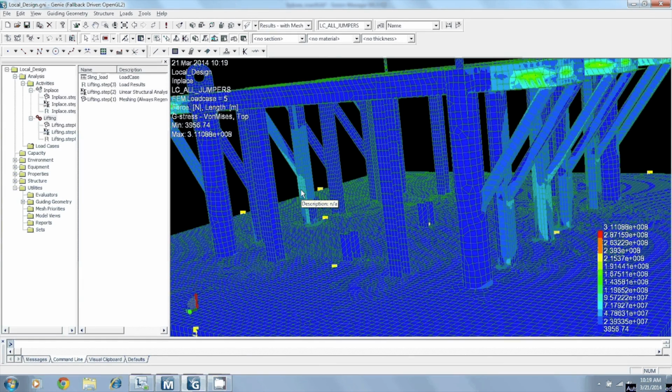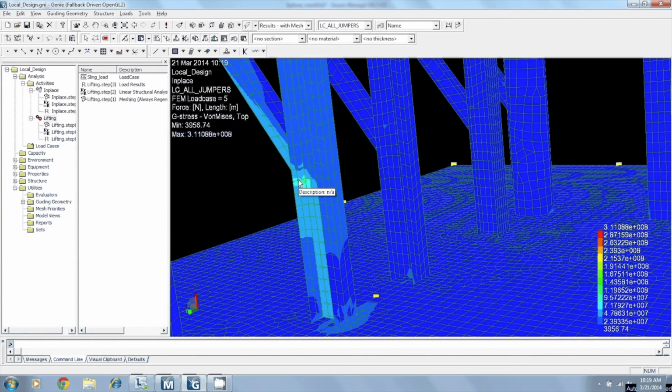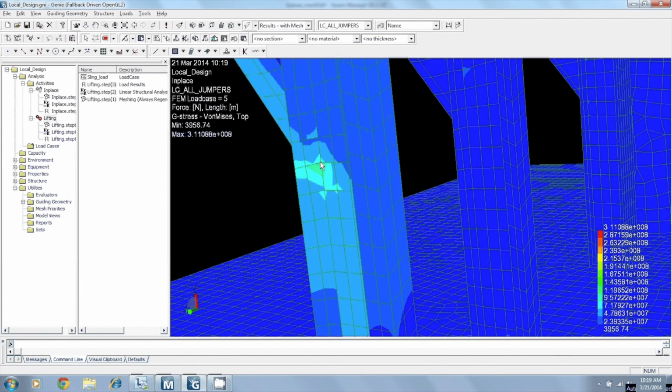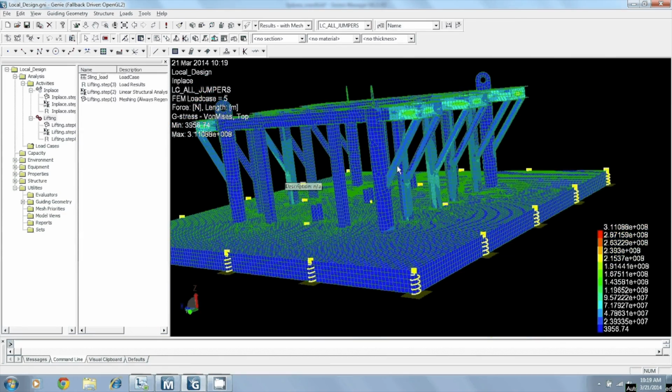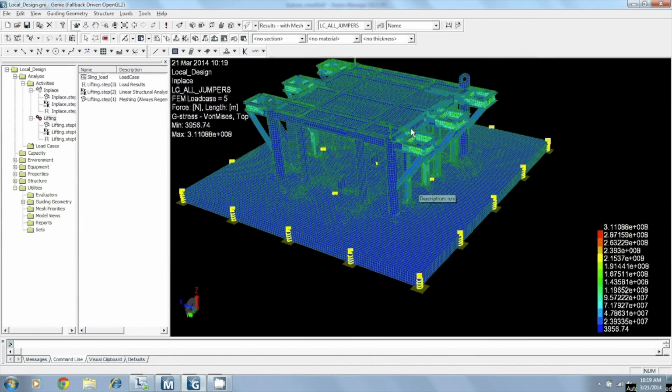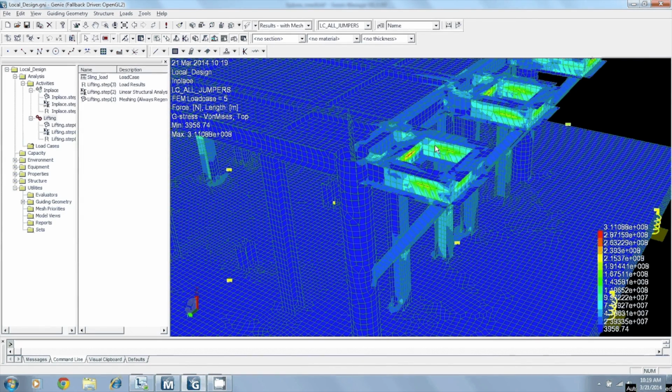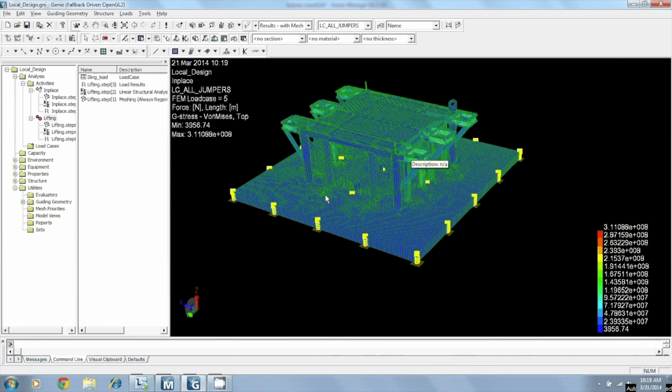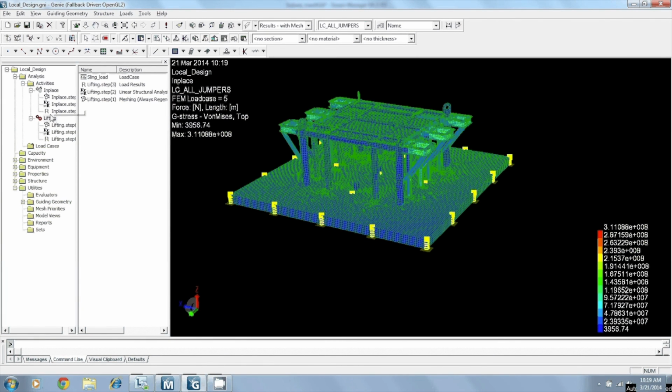This allows things such as going in and looking at hotspots. So maybe, for example, I would need a stiffener here on this white flange. Or maybe I could reinforce where the jumpers are. The stresses seem kind of high here. So this is the in-place. And if I switch over to the lifting